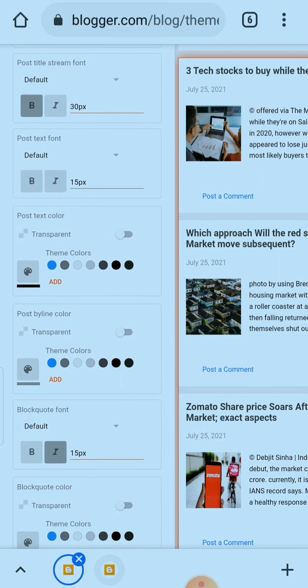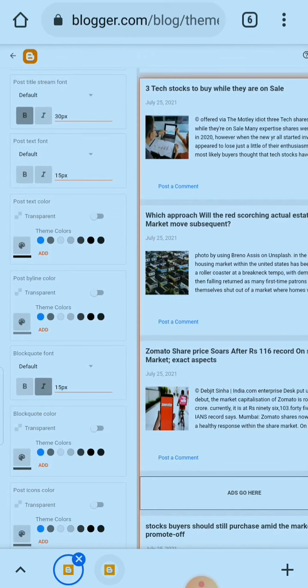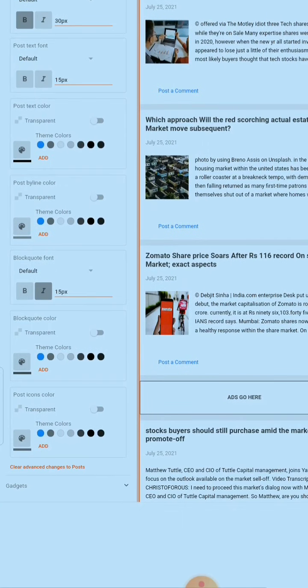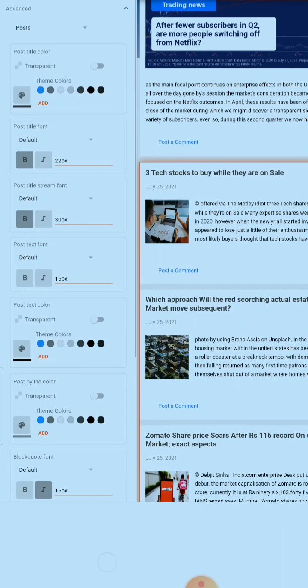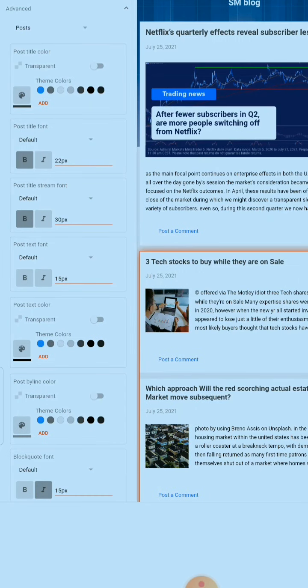Byline color I need to change, so I am making changes here. I think this is okay right now. I will do it later. And I don't think there is much need to change the date color because no one notices it.